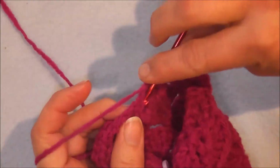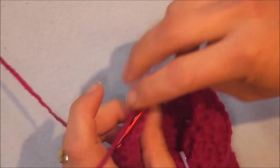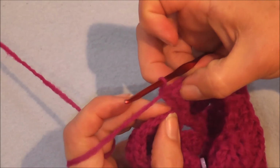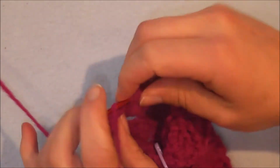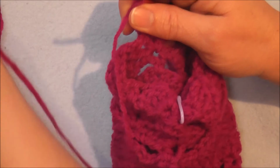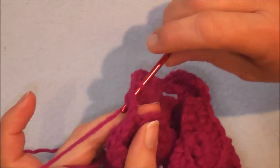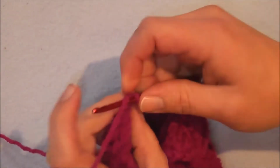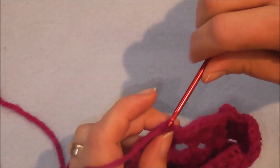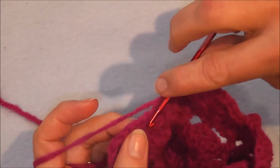Right, that's half a shell. Next half of the shell. One, two, three, one, two, three. Chain 3 space is a single crochet, chain 1, single crochet into the next. Into our V we do another full shell,